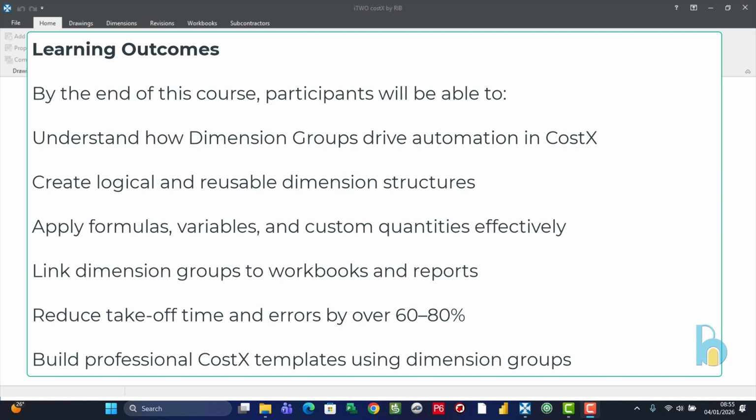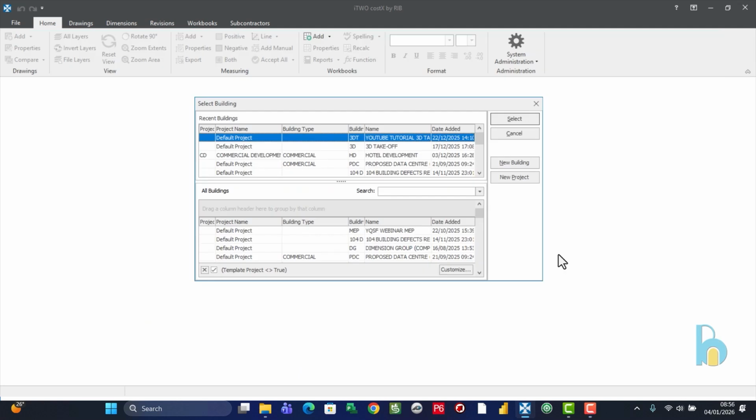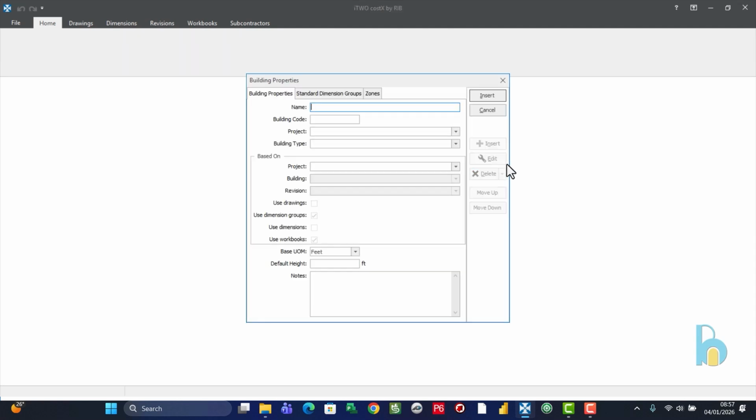So let's dive into the course. For you to be here, you must have a basic understanding of how CostX works. So we are just going to go briefly over the interface of CostX. Here is the first window you are going to see when you open your CostX. You can see I have all my projects, all my buildings and everything here. I know you know the basics, so I'm going to skip most of this and move to create